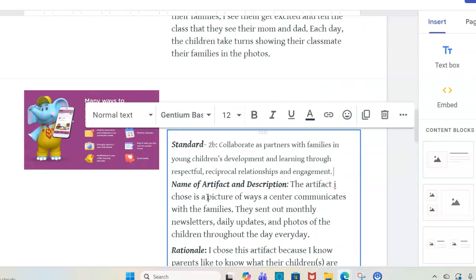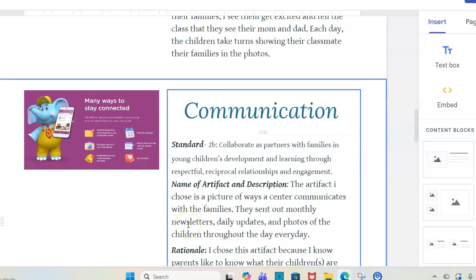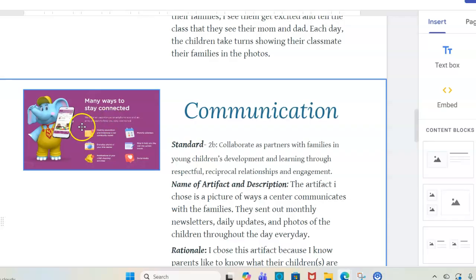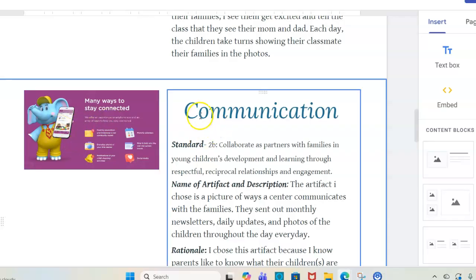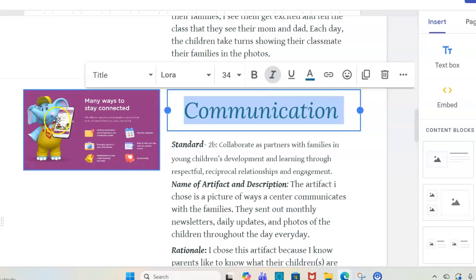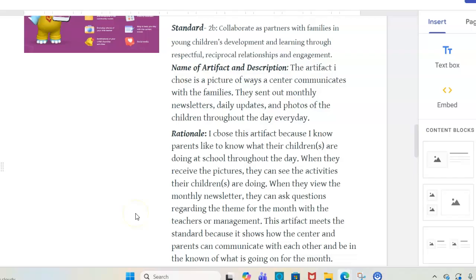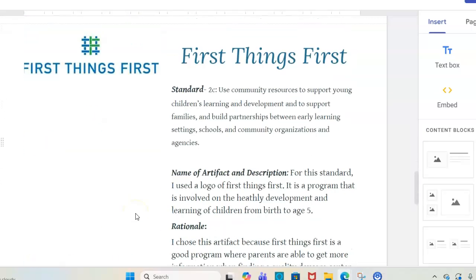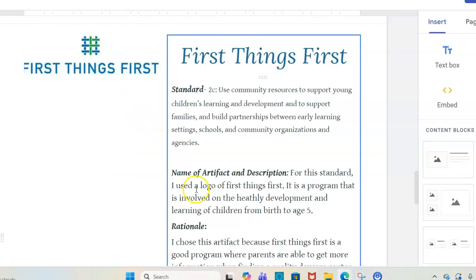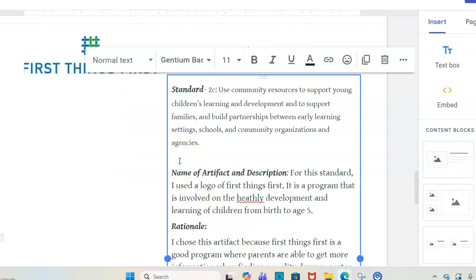All right. So this is collaborate. So B is collaborate as partners with families. And so it says communication here, but it should be whatever is here. So if your artifact is like ProCare, then you put ProCare and then you talk about how you use ProCare to communicate with families. Or if it's a weekly newsletter or whatever it might be. The other thing that I had questions on